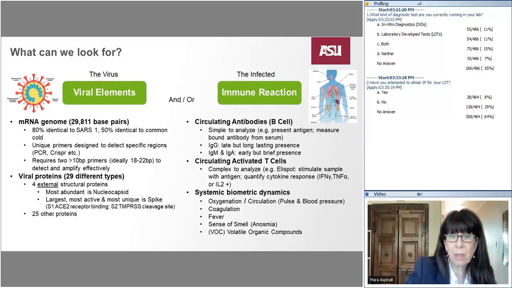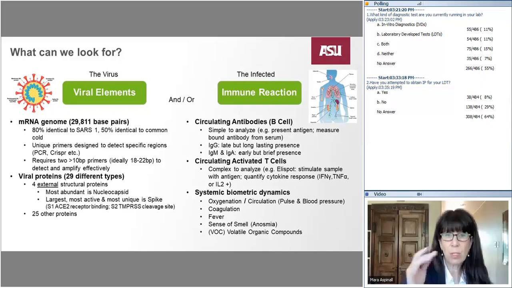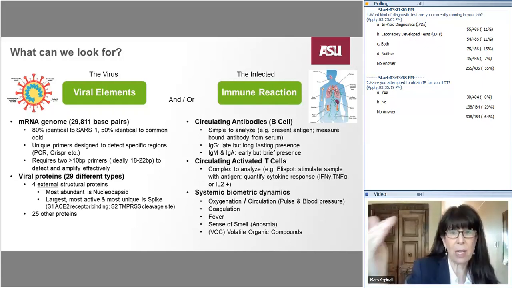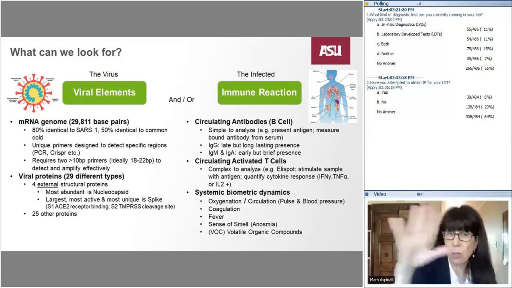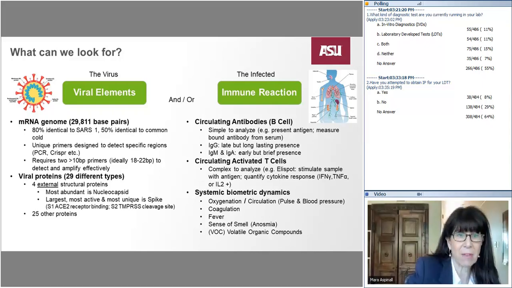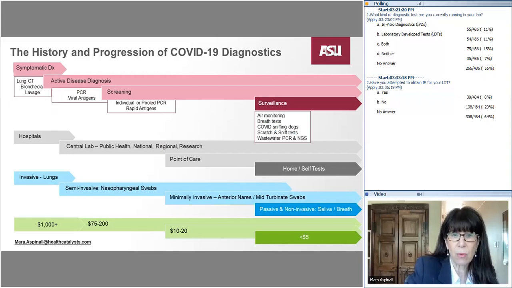When we're looking for this immune reaction to a vaccine, most people are talking about circulating antibodies, neutralizing antibodies, and those are based on the B cells. I think the reason this is not done well broadly is because you could have activated T cells to a vaccine or to a previous infection and still be protected. But everybody interprets this very differently, but I thought it was important to understand the different aspects of COVID tests from a baseline level. So let's talk about the history and progression of COVID